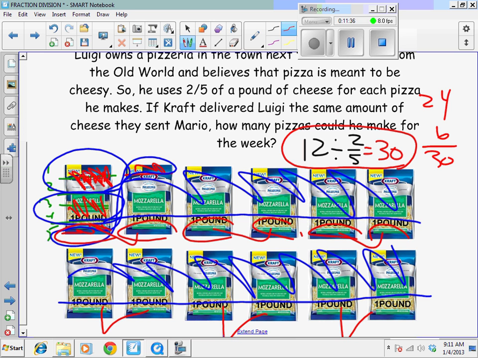Because you're making each whole number, you're dividing each whole number by 2. It's by 2/5. Okay. All right. But mathematically, okay, mathematically, where do we